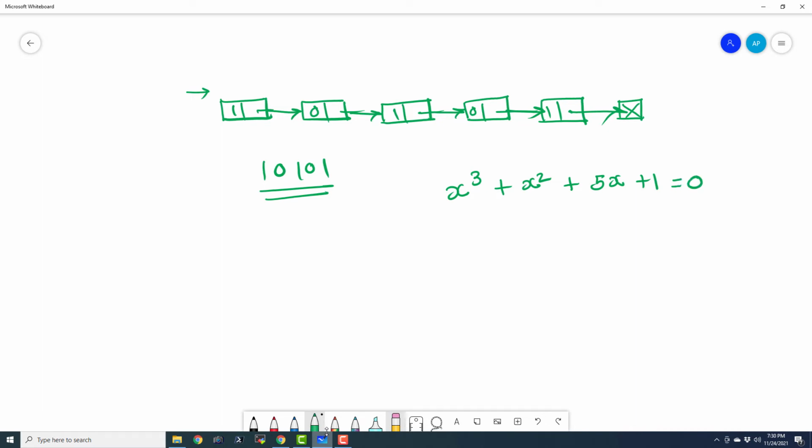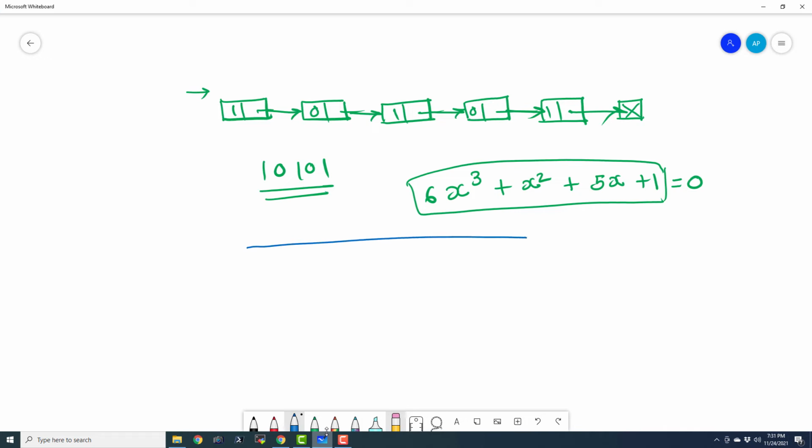This is a polynomial, okay? Or let us say 6x cubed. So basically this is a polynomial equation and we can represent this entire part with a linked list. So let us create a simple linked list for representing this polynomial, and that will be quite awesome.